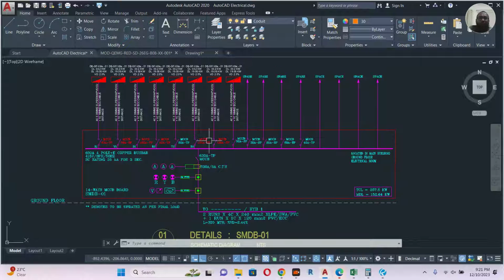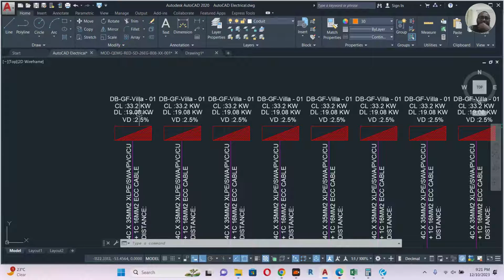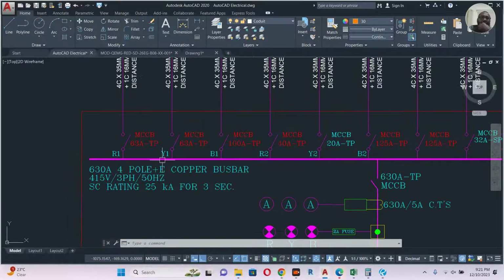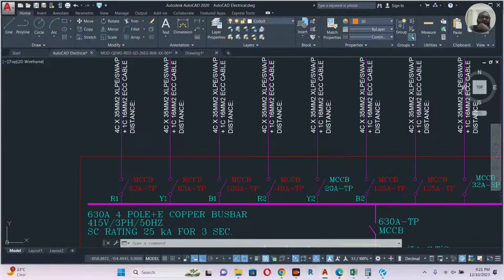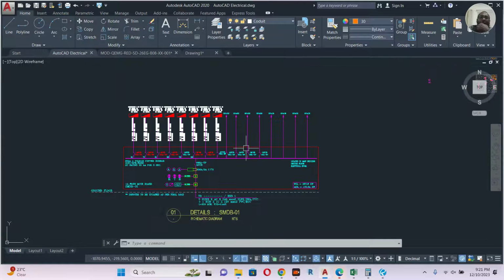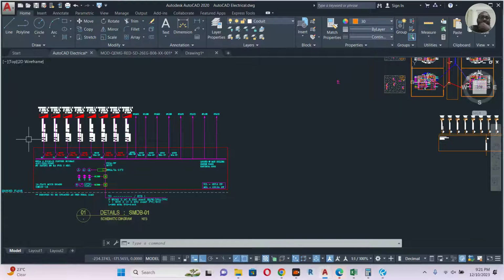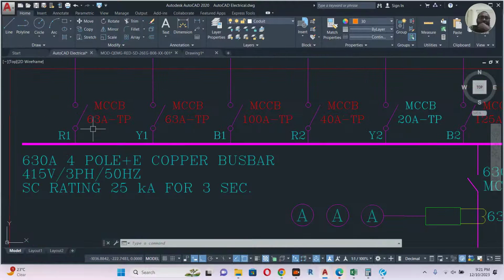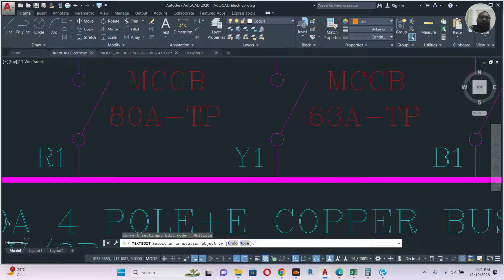So let's start again. DB name, connected load, demand load, voltage drop. You know how to calculate this one, and the cable, and what the breaker should be here. And I told you the difference between the DB breaker and this breaker. This is 63 ampere, but we didn't put 63 ampere here, I think 80. But in our DB we put 100, so you will go everything here up to here. 100, no 80, because there is 100. So it's a TP. I will go for the TPN,